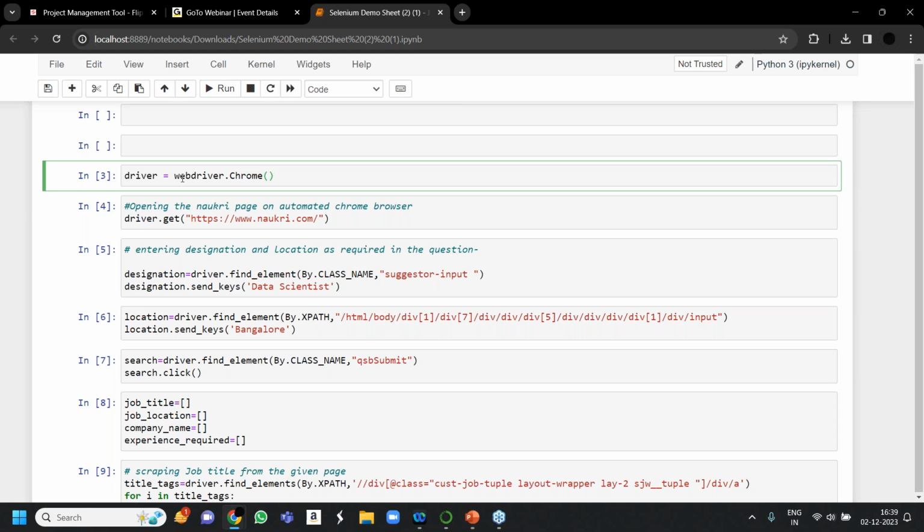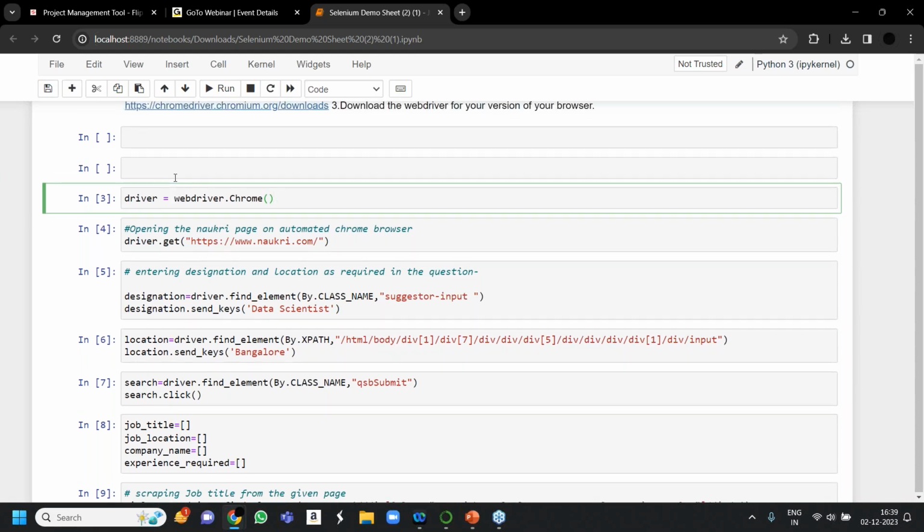Yes. Okay, now see, as I told you, we need to connect our Selenium with the web browser. Okay, so how will you connect your Selenium with the web browser? driver = webdriver.Chrome. Okay, this code. And be careful, write this C of Chrome in capital. This is the most common mistake. C will be capital.